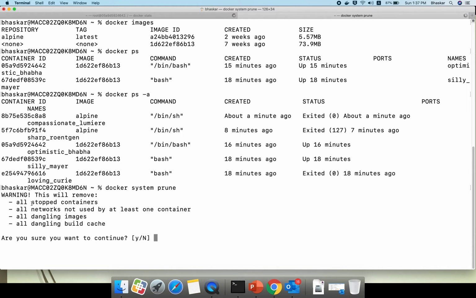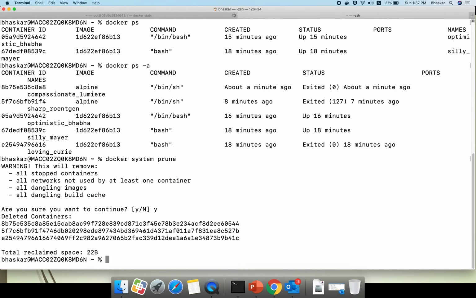Warning: this will remove all stopped containers, all networks not used by at least one container, dangling images and dangling build caches. When I say dangling, it means images not used by any container, those images will be deleted. When I say yes, see, it deleted 3 containers, reclaimed space is 22B.